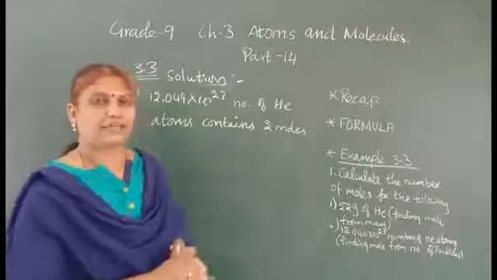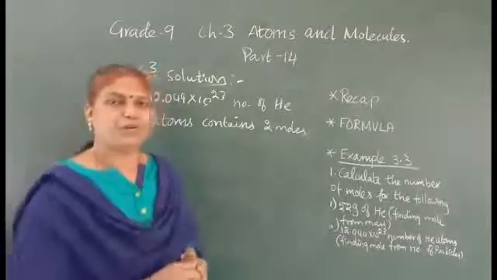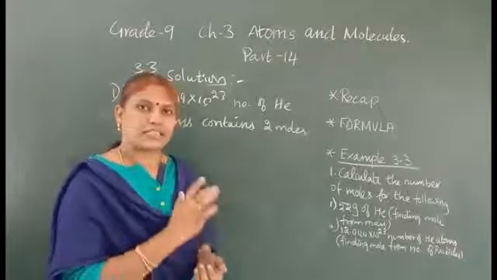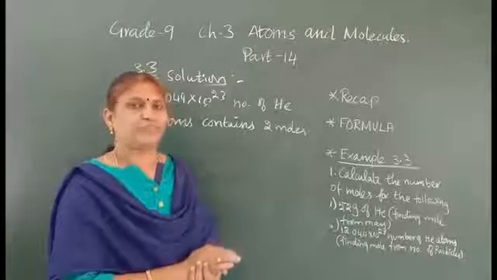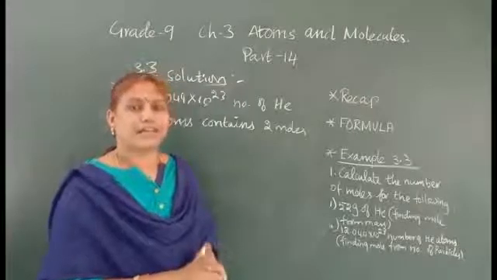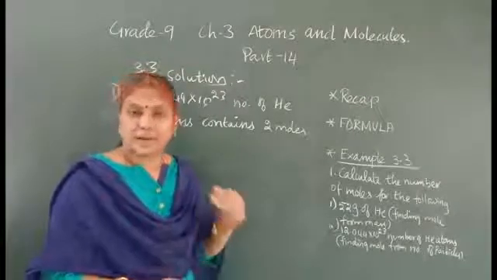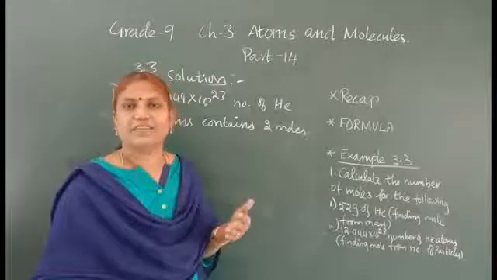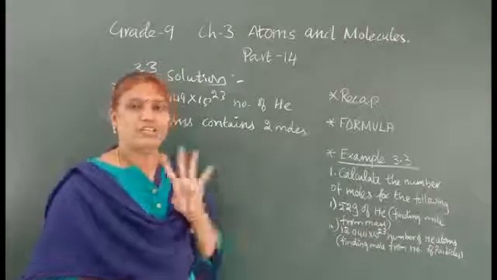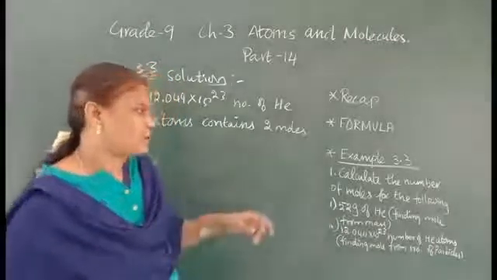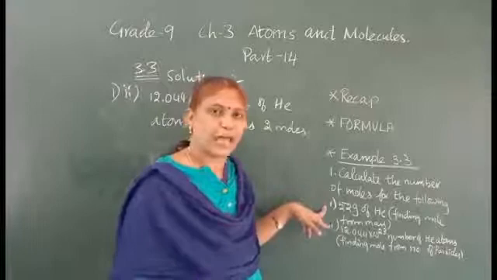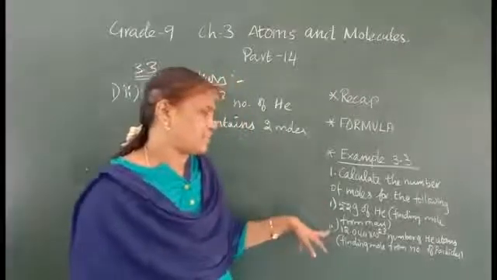If it is particles, what is the number of moles? Small n is equal to given particles capital N by Avogadro's constant 6.022 into 10 to the power 23. So N naught. So small n is equal to N by N naught. That is number of particles. If they have given number of moles of the particle and Avogadro's constant we know, then if they ask the number of particles, capital N is equal to small n into N naught. These are the 4 formulas you should know. Then we have found the mass. Okay, using the mass we have found n is equal to small m by capital M, that is 13 moles. Then if it is particles, what formula we